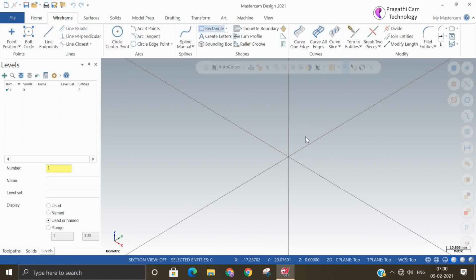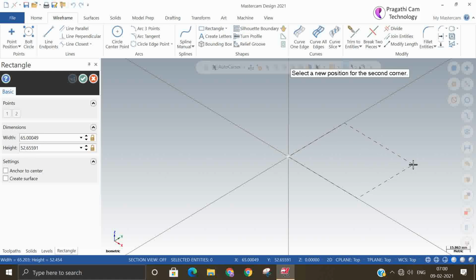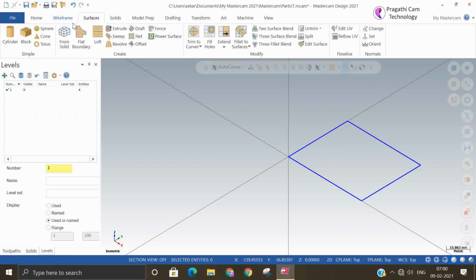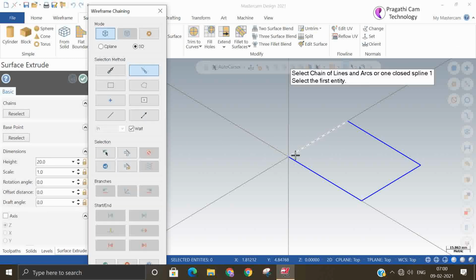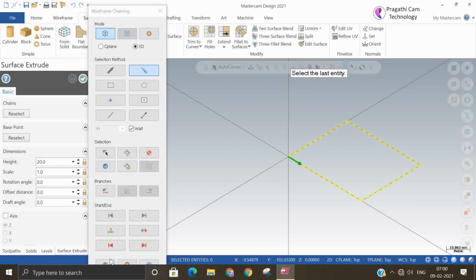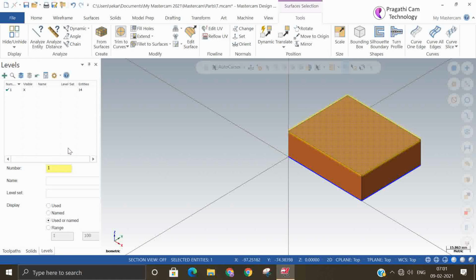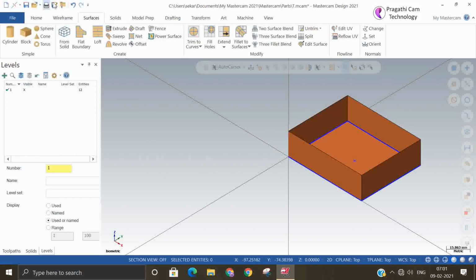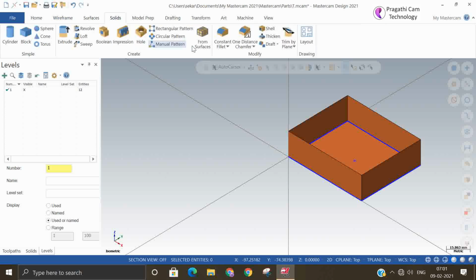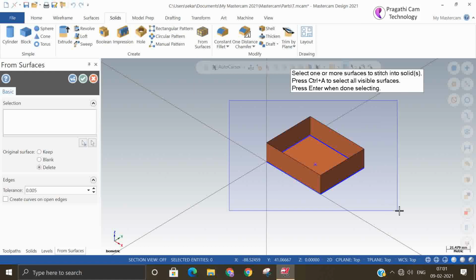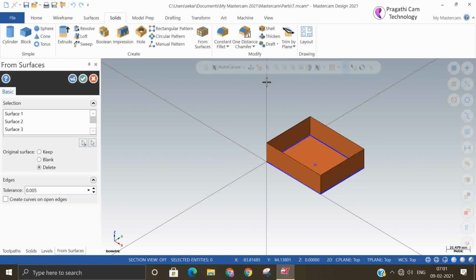So we'll directly extrude it. Surface, surface, extrude. This all. Okay. And delete the top surface and convert this surface into solid from surfaces. Select all. Okay. Delete the old surface.